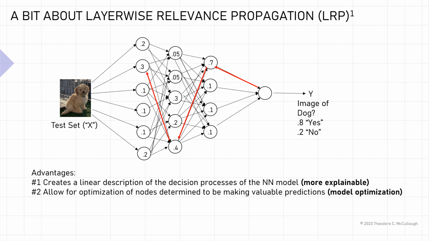Another thing that it allows for, though, is the optimization of certain neural network models by identifying those nodes that make decisions that are optimal for the particular problem space that you're functioning in. So what you can actually do is identify nodes and then propagate those nodes and create new versions of those nodes where those nodes manifest behavior that you want in terms of their classification abilities. And this is a really good way to kind of optimize your neural network.